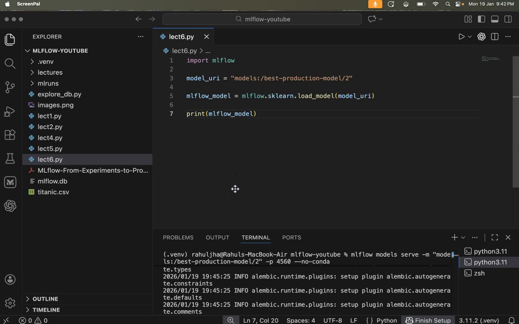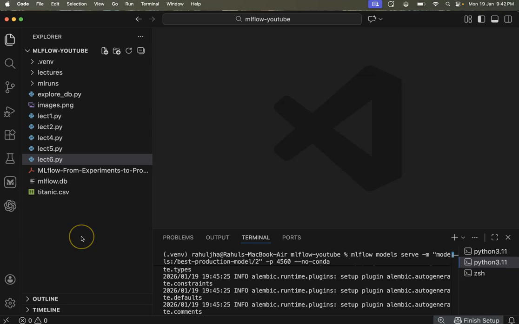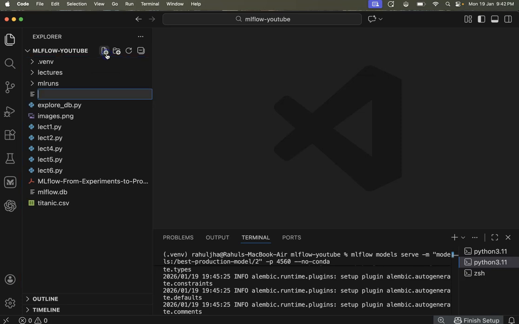Hi everyone. In the last video, we talked about how we can take the registered model and deploy it. Now, I would like to switch gears a little bit and talk about some of the cool capabilities of MLflow that make it really exciting to use. In this video, we are going to be looking at nested runs in MLflow. Let's see what they mean.